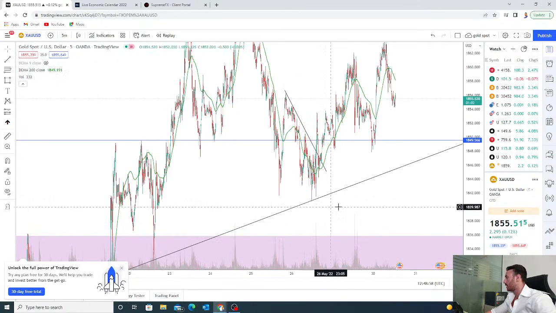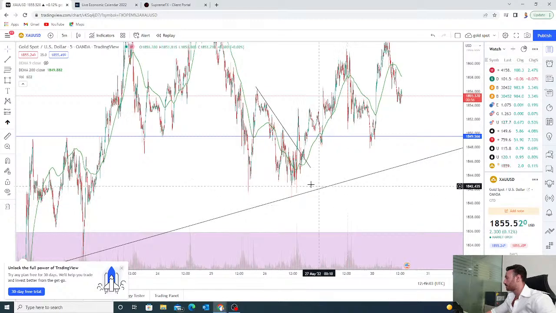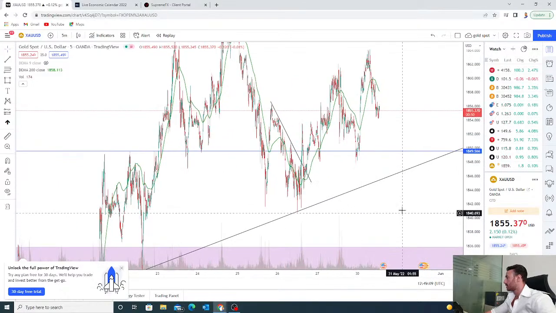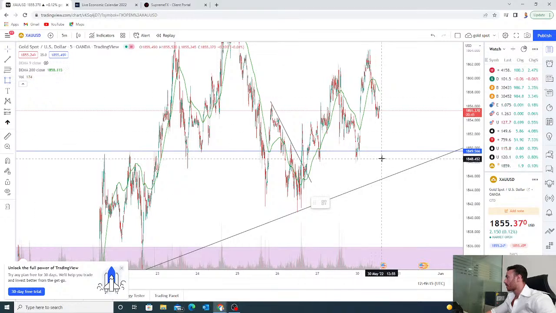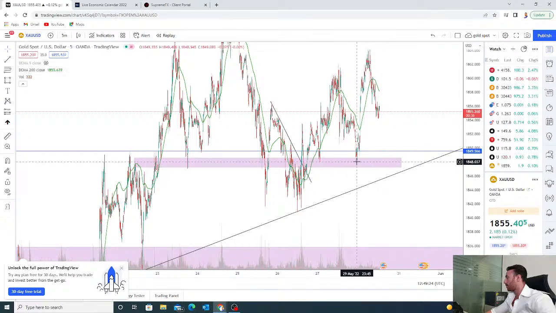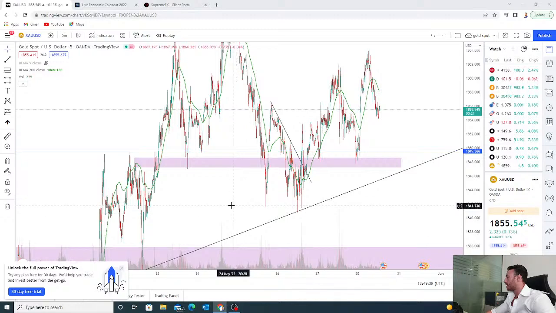And this is what we drew here. You could see a lot of support coming around this area as well. And this is the one we drew on the 4-hour chart. You can see here some support as well. I will draw here for you. We can see a lot of buying has been happening from this area around 47. And again, we can see